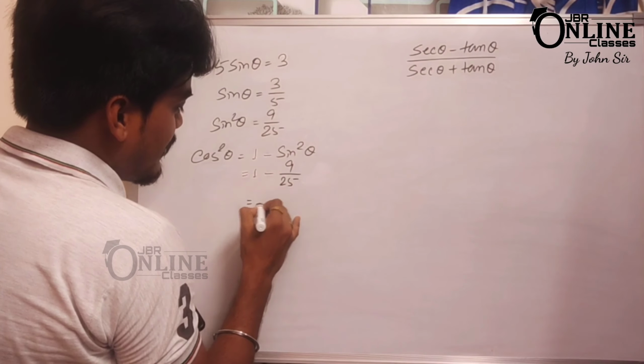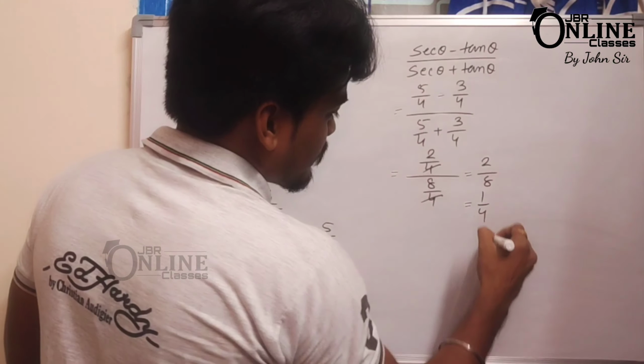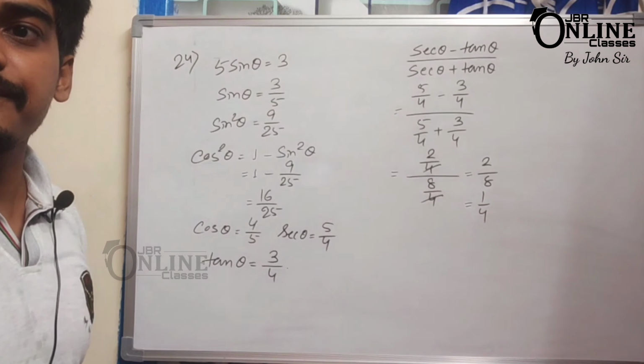So from that cos theta equal to 4 by 5. Okay, so here cos theta equal to 4 by 5, sin theta equal to 3 by 5. That means tan theta equal to 3 by 5 divided by 4 by 5, so that equal to 3 by 4. So now you know the value of cos theta and tan theta. As cos theta equal to 4 by 5, so sec theta equal to 5 by 4. So just put down the value here. sec theta equal to 5 by 4, tan theta equal to 3 by 4. So 5 by 4 plus 3 by 4. So in the upper one it will be 2 by 4, in the lower one it will be 8 by 4. 4 cancels out, so 2 by 8 and that equal to 1 by 4. So 1 by 4 is the answer.